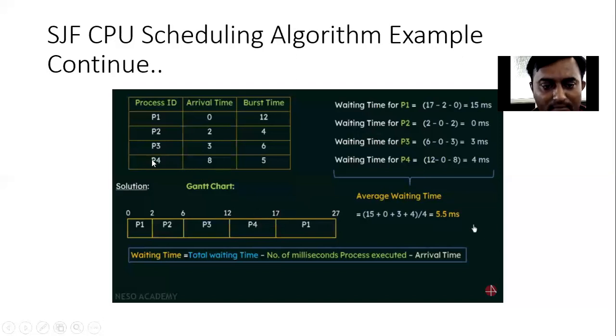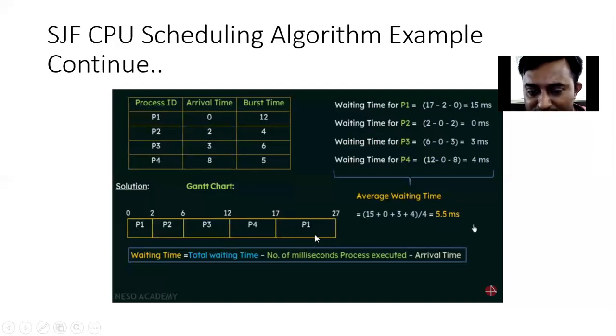Because the burst time of P4 is 5 units of time, P4 will be executed starting from 12. And what is the burst time of P4? 5. So 12 plus 5 is equal to 17. So up to 17 P4 would be executed, and once it is executed, it will come out of the system, and then the last process would be scheduled for execution. That is nothing but the P1 process.